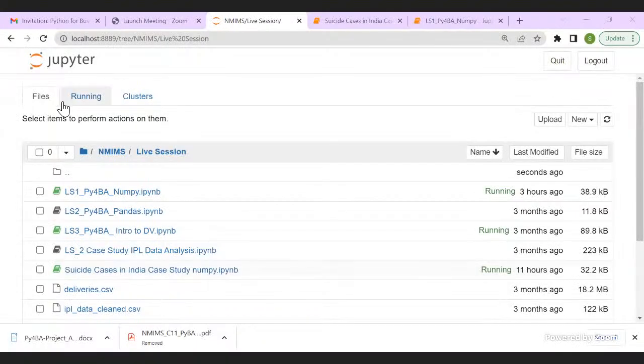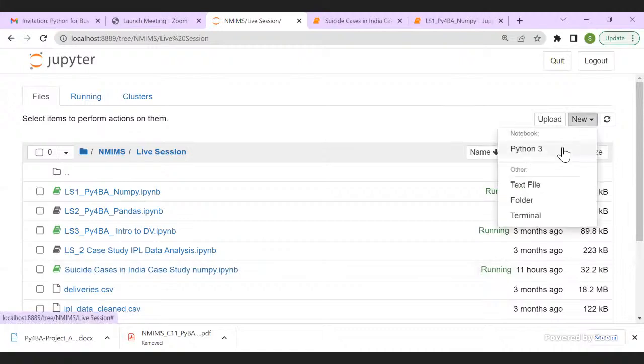Okay, so now I'm opening my Jupyter Notebook homepage. All of you can see my Jupyter Notebook homepage, right? Go to your Jupyter Notebook homepage and, using New, create a new Python 3 file. I'll be using my existing one because I have already written code in it, to save some time.